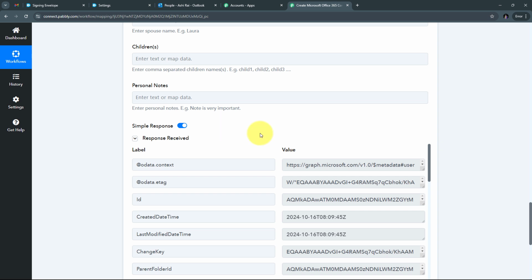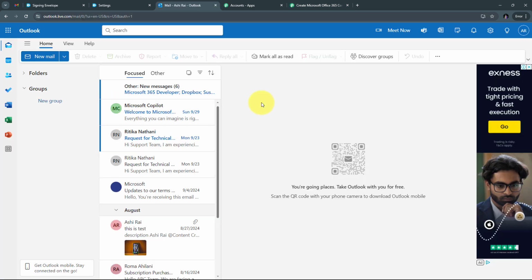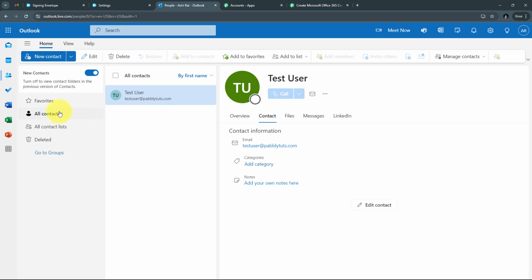So to check whether I've created a new contact or not, let me take you to Office 365. And here in Office 365, I need to go to People. And here in People, I'm on All Contacts. And here in All Contacts, we can see I have just created this new contact that has the name test user. And I have the email address that is